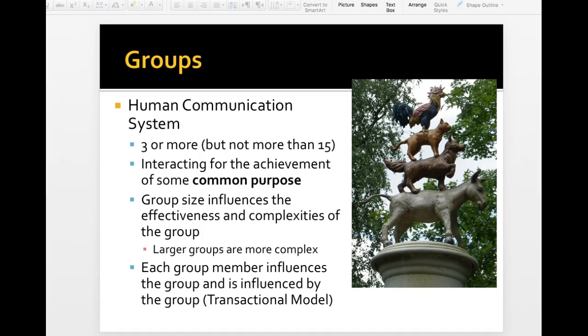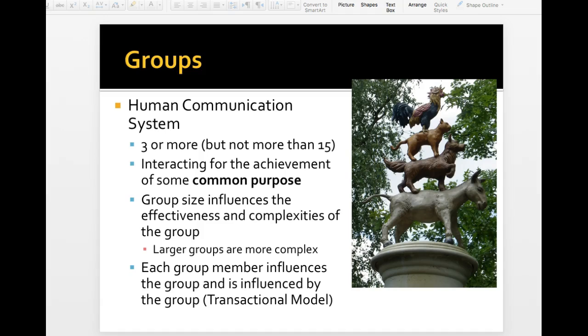I once had a professor in college in one of my communications classes say the perfect size group is a group that can share a large pizza. He thought that any more than what a large pizza could feed would be too complicated of a group. So that was sort of his gauge for a good group. The bigger the group gets, the more it loses effectiveness and the more complex the dynamics of the group.